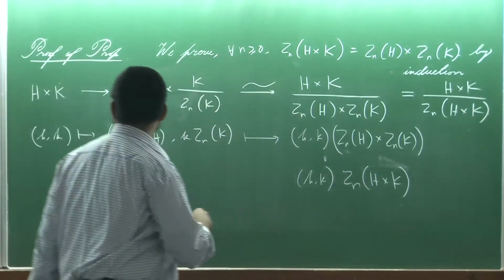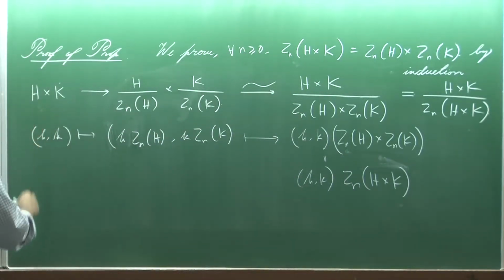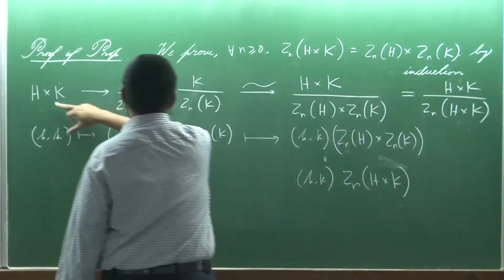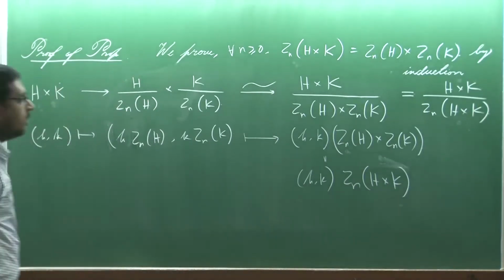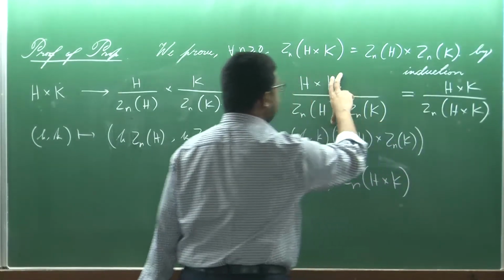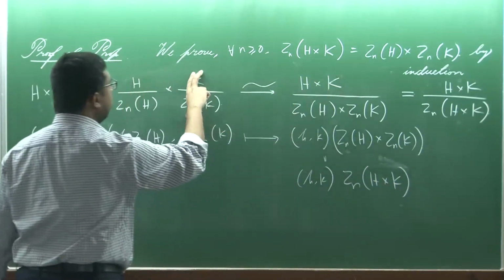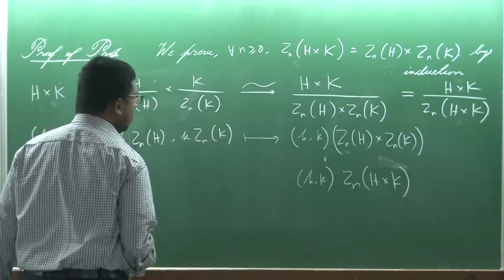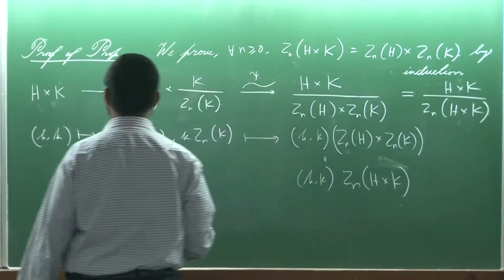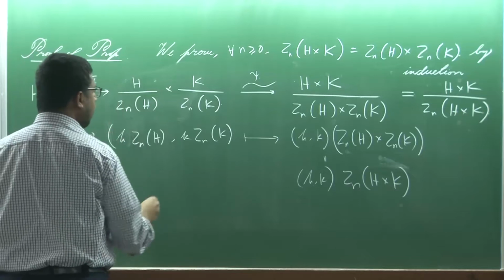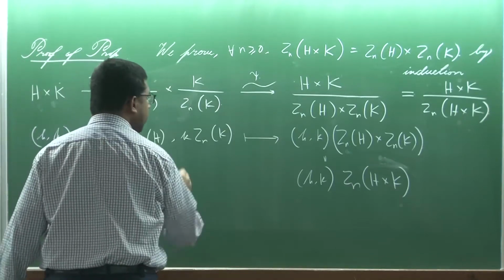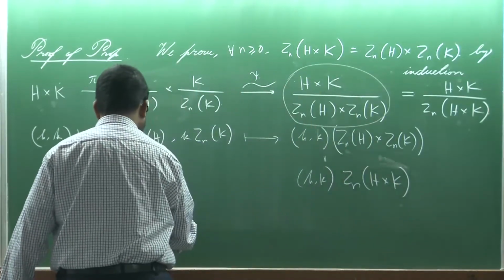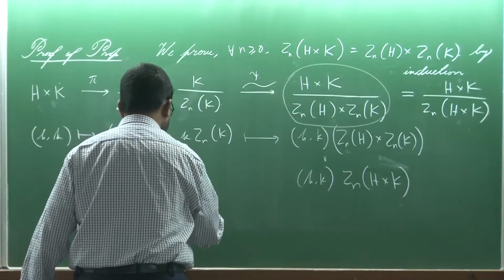Now in order to talk about Z_{n+1}(H×K), what we have to do is take the center of this group, then pull it back all the way to here. So the center of this is the same as the center of this. Now once we bring back the center here, what do we see? If I call this psi, and this pi, then what will be psi inverse of the center of this quotient,